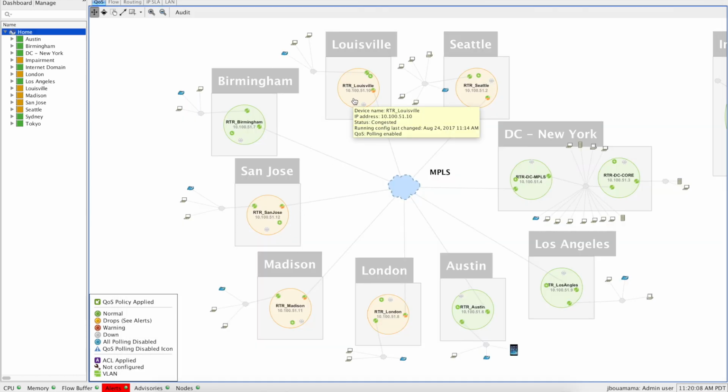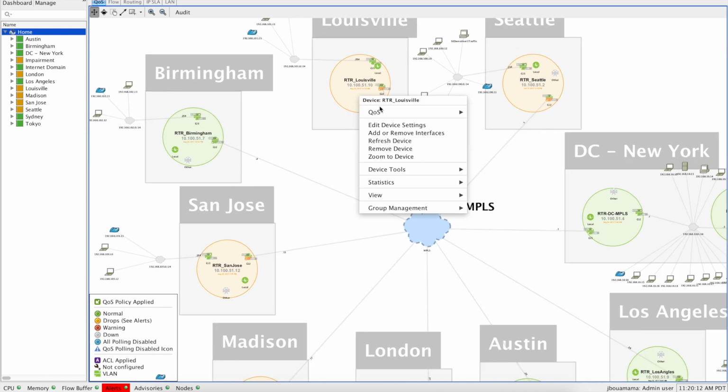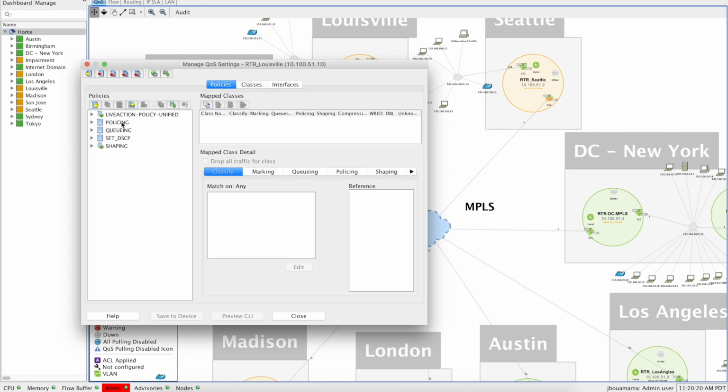If I want to troubleshoot a problem within one of the routers, I can right click on the router and then say manage quality of service. LiveNX will load the configurations and read all the QoS policies on this device. I have policing, queuing, set DSCP, and a shaping policy on this device. For one of the policies, I can click to open up all the classes